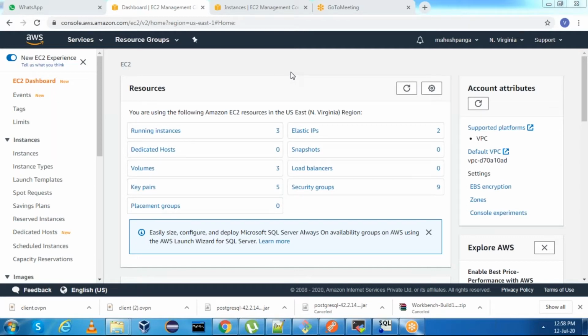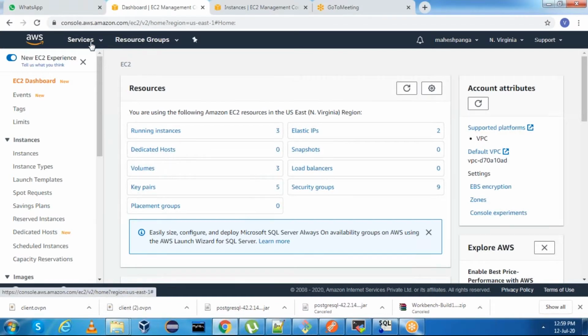In this session, we are going to create an RDS instance, and once the RDS instance is ready, I will show you how to connect within the VPC, and I will show you how to connect from our local machine as well. If you are trying to connect within a VPC, we just need an EC2 client so that we can connect to the database. But if you are connecting from your local machine, you definitely need to change RDS to be accessible from public, or you need a VPN to do this. Okay, we are going to see both the scenarios.